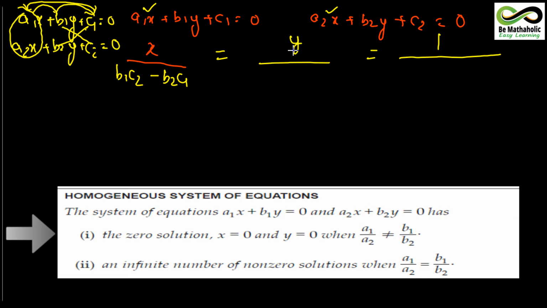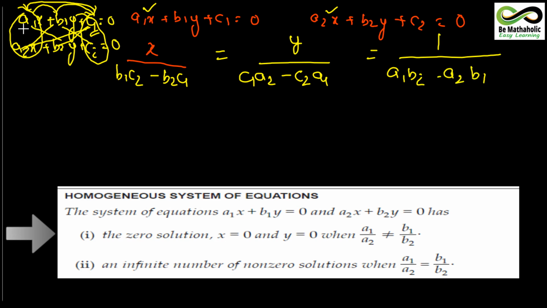Now let's come to the variable y. Now when we consider y, you don't have to consider x; you jump directly to the constant. First take this part, everyone please remember. c1 has to be multiplied by a2: c1 a2 minus c2 a1. Okay, you don't have to consider y. Now jump on to this one: don't consider the constant term over here. Consider a1 b2 and b1 a2. Jump on to this first. You have to be very careful here: a1 b2 minus a2 b1. Please remember this. First you will not write b1, you will write a1 first.